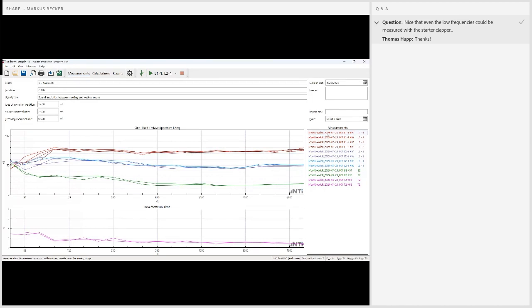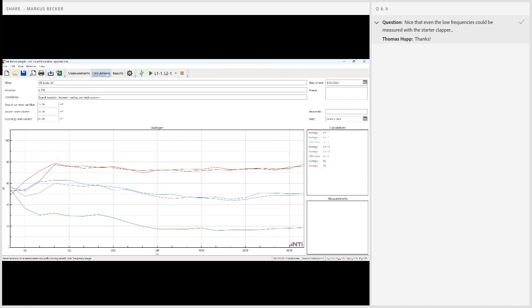What you can see here is the labeling: sound level, source room, position 1, position 2. So everything is nicely labeled. You have here the auxiliary information, where this has happened, what was the volume, the area of the partition, the volume of the source in the receiving room. You can also take a look at the individual calculations, the averages here.